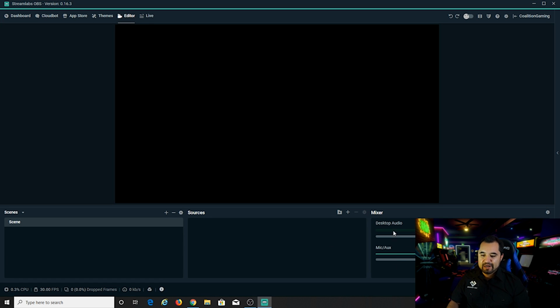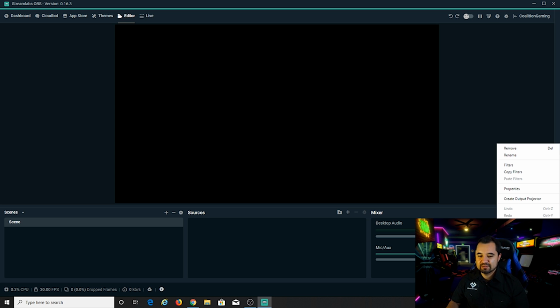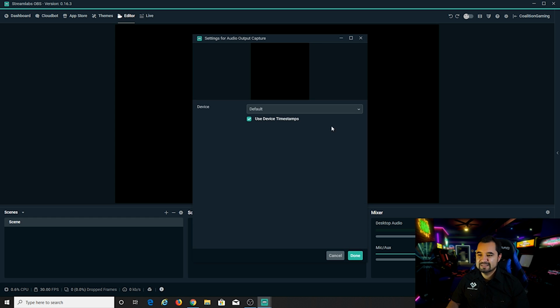And you can see on the bottom right, the mic, aux, desktop audio, that stuff is already by default. And to make sure desktop audio is getting captured, let's ping it. There you go. And if you want to make sure that your desktop and mic audio devices are the actual ones, you can just click the little cog, go to properties, and you see here it's default. Obviously desktop audio is default to my headset, and that's what that's reading. Or you can specify right here a specific output if you're using something different.